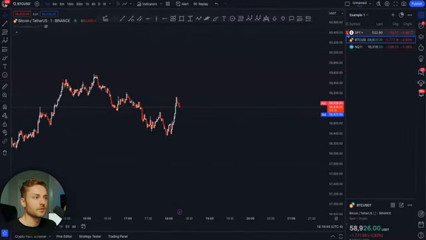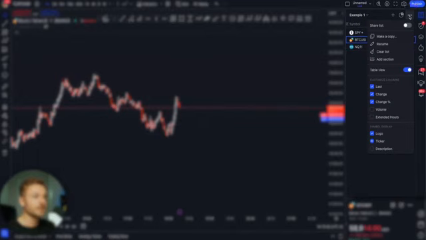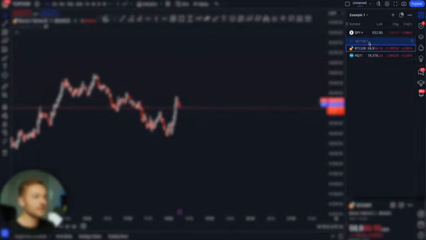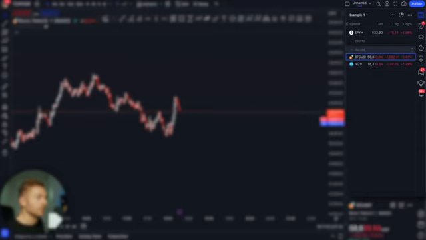Now what I can do is a few things. I can click on these dots right here, and I can click add section. Now I can title this section by double clicking, crypto, right? Now I can move these pairs up and down or erase it and keep these organized in a different section. So then I can go ahead, create another section, one for stocks, one for futures, and now I can move